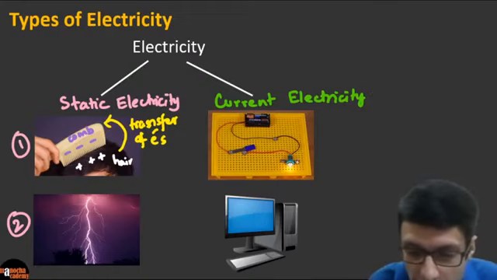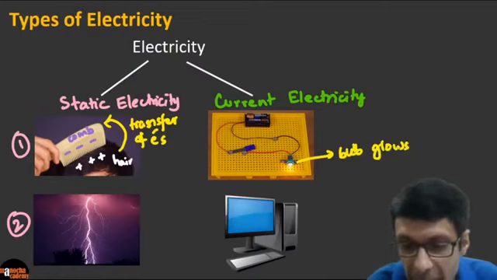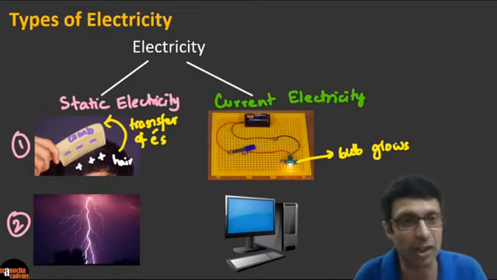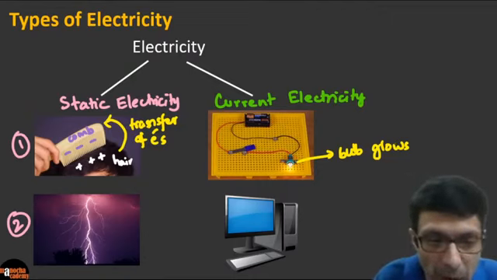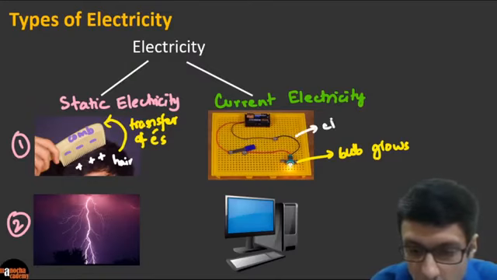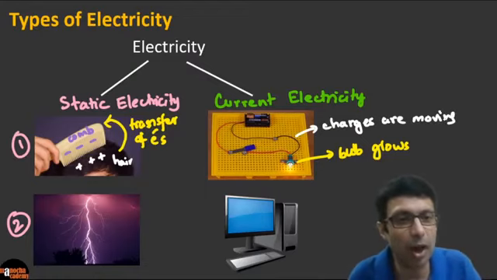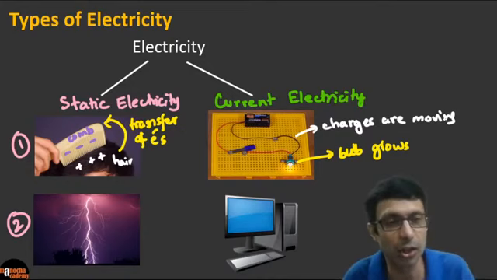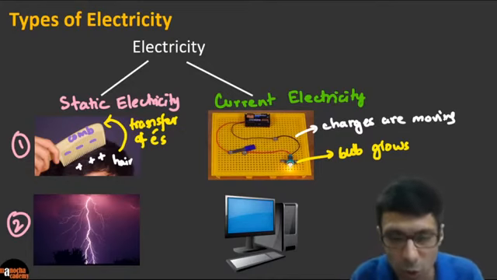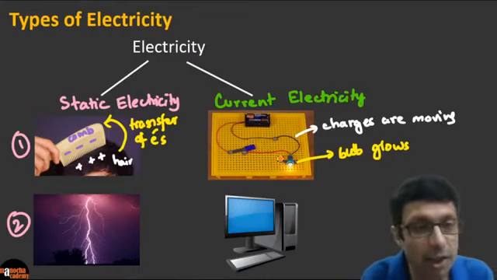Can you see this bulb is glowing in the picture here? So the bulb glows, right? And that is an example of current electricity because current is flowing in the wires. So we have current flowing in the wires, or we should say charges are moving, okay? So the important thing is that there are some charged particles, because you know electricity is about charges, right? So there is charge moving continuously in the wire, okay? So there is continuously some motion of charge happening in these wires, which is causing the bulb to glow.